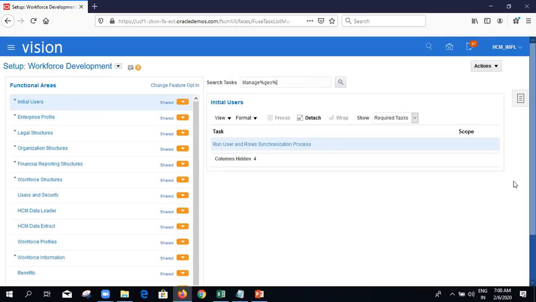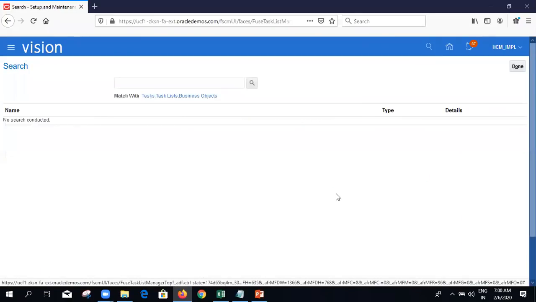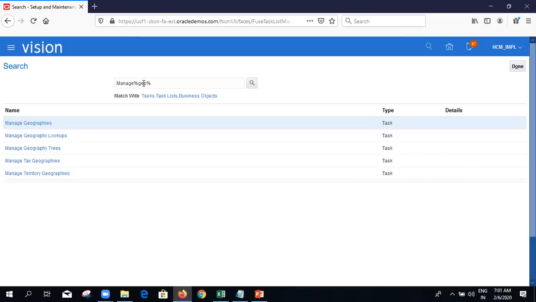And the third place will be here in the right side taskbar. Here we will have a search. This is a global search. Whatever the module, whatever the task you want, you can directly search from here. Manage. It came. No need of giving any offering. Whatever the module you want, the task, you can directly search here. This is the global search.